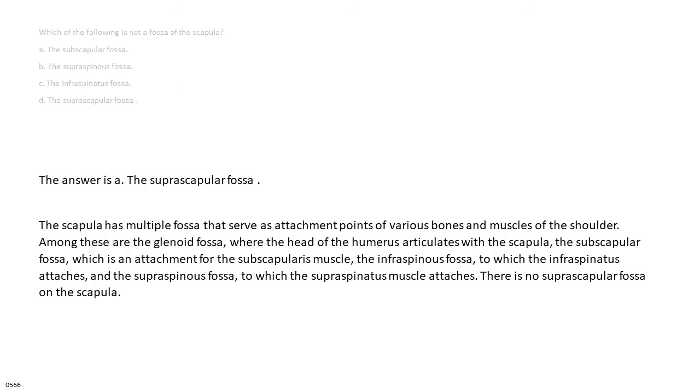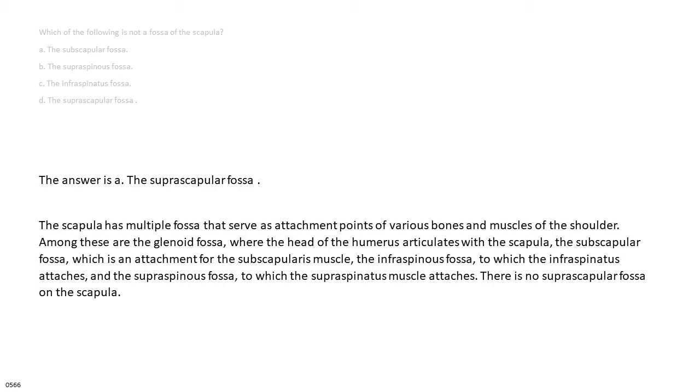The answer is D. The suprascapular fossa. The scapula has multiple fossae that serve as attachment points of various bones and muscles of the shoulder. Among these are the glenoid fossa, where the head of the humerus articulates with the scapula, the subscapular fossa, which